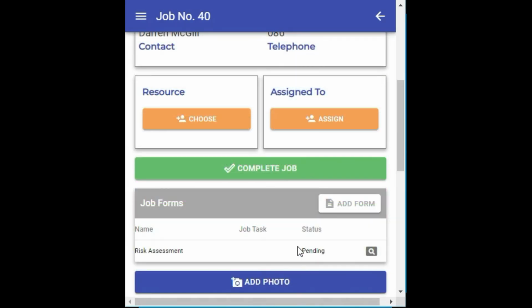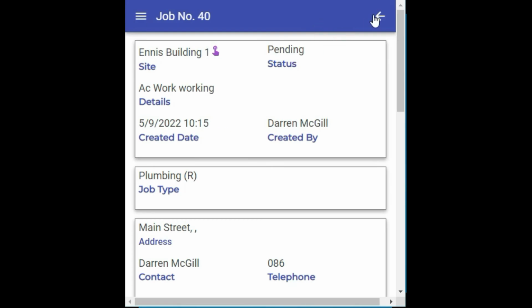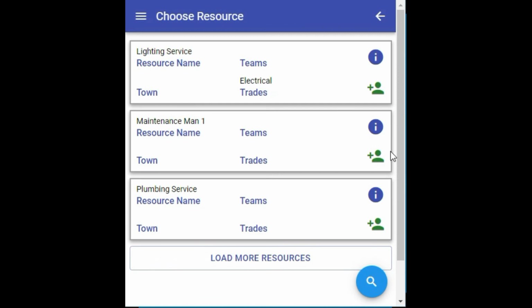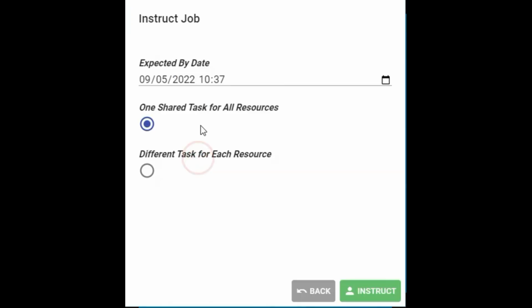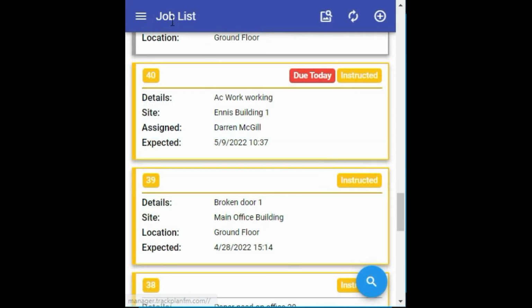Most importantly, users on the Manager app can assign or reassign jobs to other users. They can also choose single or multiple resources and instruct the resources to do the work. Back in the jobs list, we can see that job number 40 has been instructed and is due